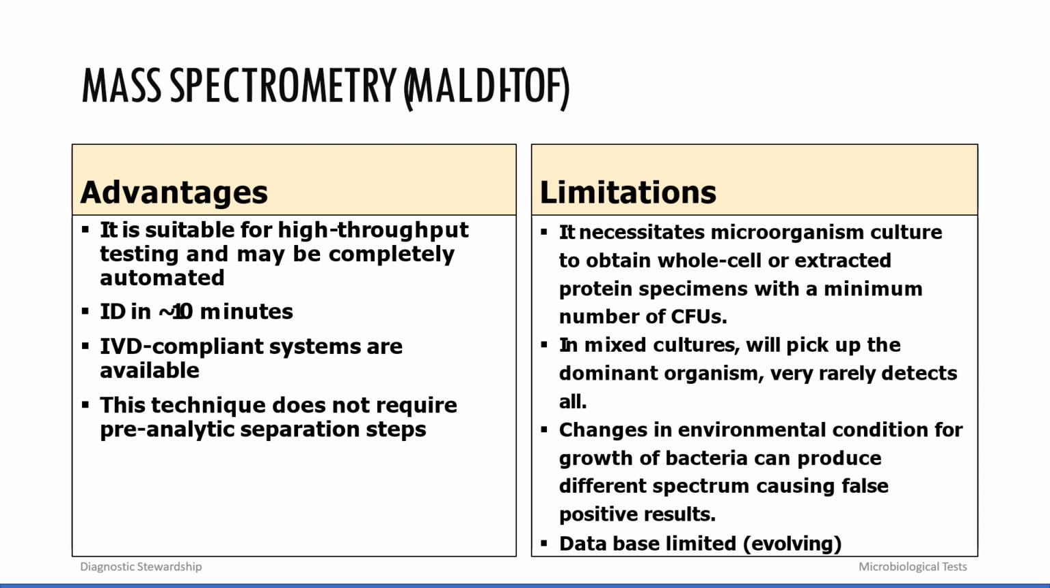Advantages of MALDI-TOF are that it is suitable for high throughput testing and may be completely automated. Identification is within minutes. Its compliance systems are available. This detection does not require pre-analytical separation steps. Limitation of this MALDI-TOF is that it necessarily requires colonies to obtain whole cell or extracted protein specimens with a minimum number of colony forming units. In mixed culture, it will pick up the dominant organism and very rarely detects all. Change in the environmental conditions for the growth of the bacteria can produce a different spectrum, causing false positive results. The database is very